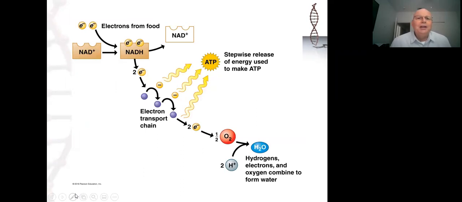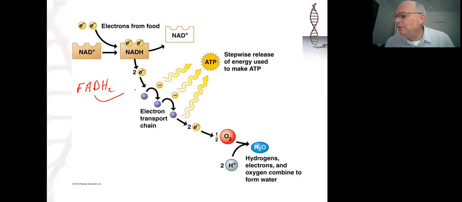So here you have the NADH bringing in its electrons. Each NADH contributes 2 electrons. And we could also have FADH2, which also contributes 2 electrons to the electron transport chain, this cellular staircase that's extracting the energy out of the electrons. In the process of doing that,